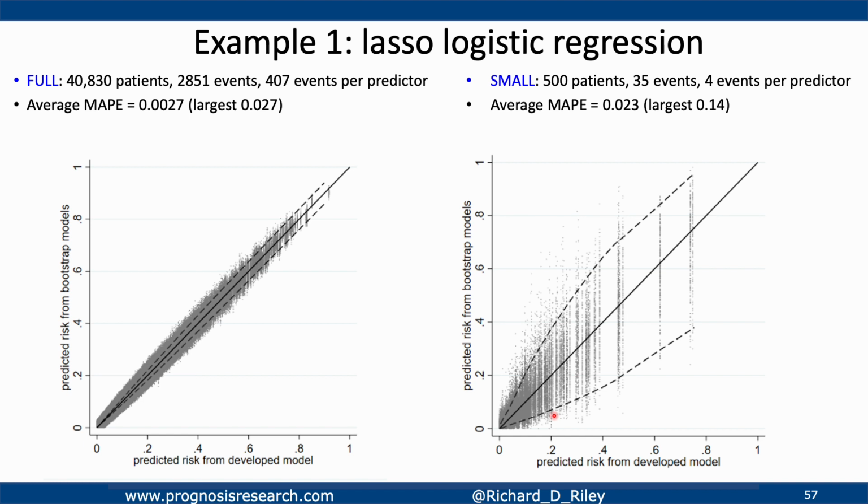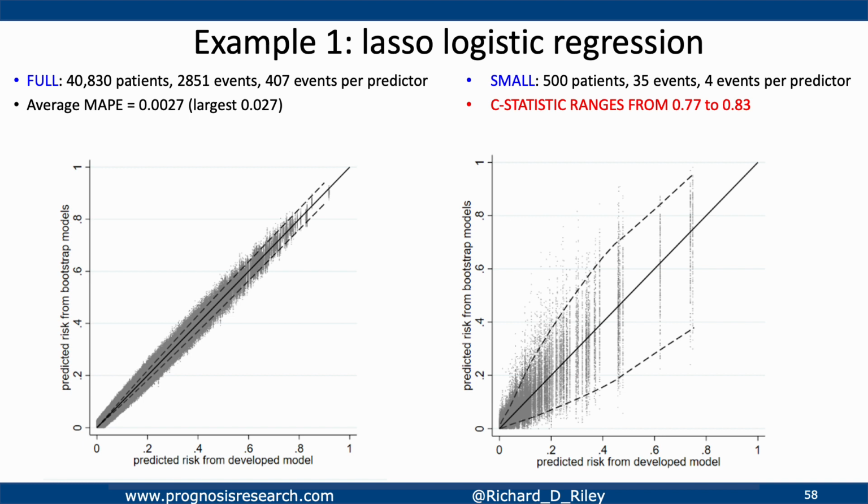So for example, now this individual with a predicted risk of 0.2, in some of the bootstrap models, the prediction may have been around 0.7 or even 0, and a 95% range is now between about 0.1 to about 0.4. So now an individual's instability is quite big, around 0.8. You see it goes down to about 0.2 up to about 1. So we're starting to be concerned in this situation that our model that we did develop, the original model, are those predictions going to be reliable in new data? There's strong evidence here based on the bootstrap process that that's unlikely to be the case.